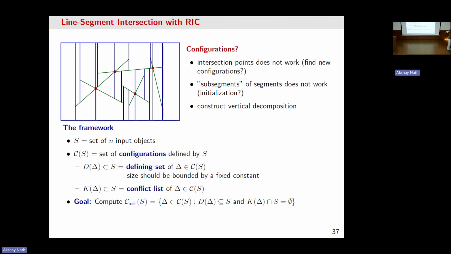If everybody intersects each other, you already have J squared cells, and then the vertical decomposition will too. So this here is order J plus expected number of intersections. Okay, so now